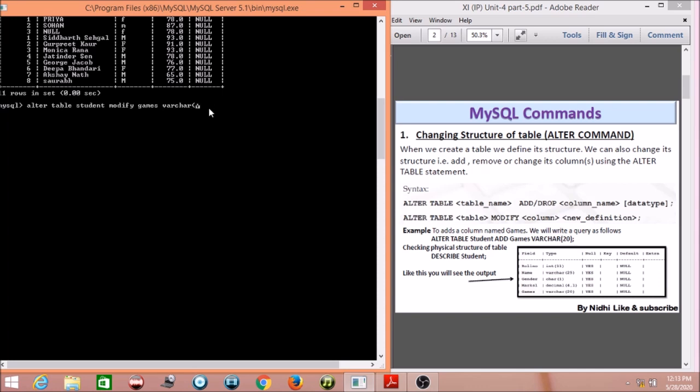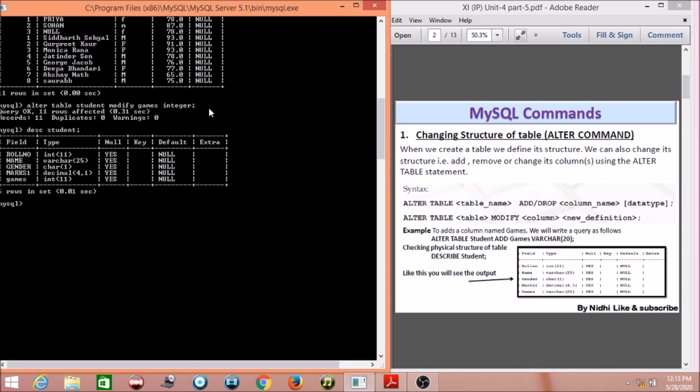So I write integer here, then press enter to execute it. Query okay. Now I am showing you the structure: DESC student, semicolon, enter. See, the data type is changed.